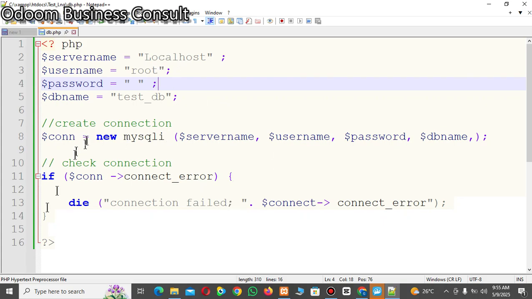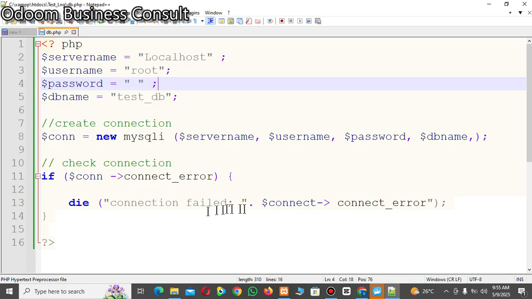So we are saying that check the connection. We are saying that if the credentials that we provided here, check. So in connecting it, if any of the credentials that we provided is incorrect, then there is a property in this object. We are going to use it to pull out that error message. Okay, so to pull out that error message,